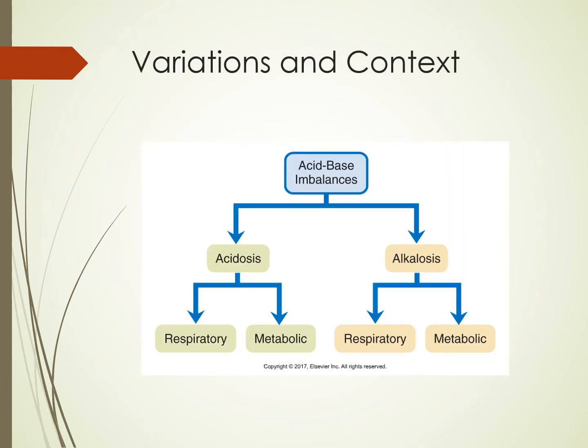Variations in balance are referred to as acid-base imbalance, of which there are two major categories, acidosis and alkalosis. Each of these categories has two underlying subtypes, respiratory and metabolic. When these conditions are developing, the body attempts to manage the changing acid-base balance through the corrective and compensatory responses described previously. This picture summarizes the corrective and compensatory responses to disrupted acid-base balance.